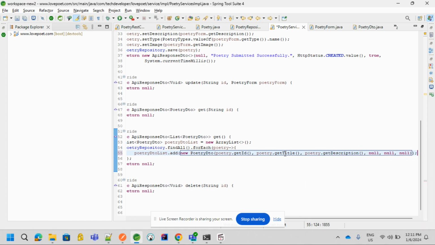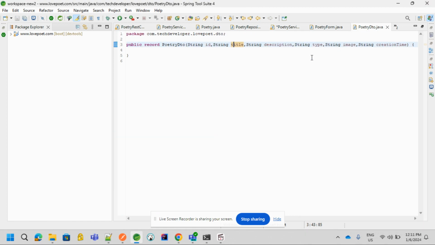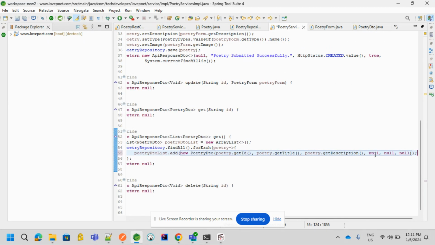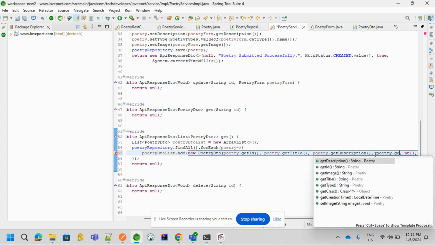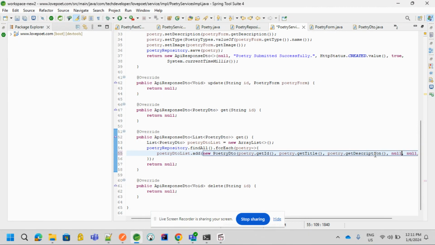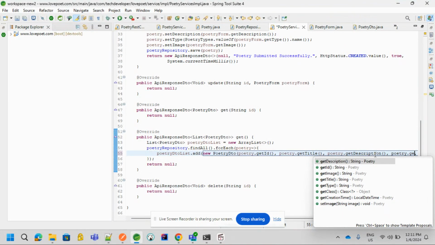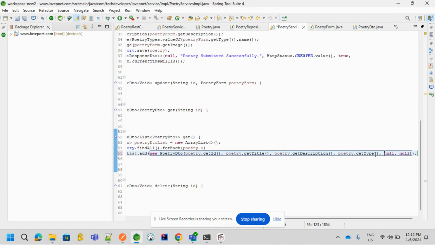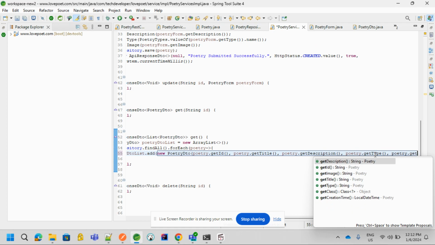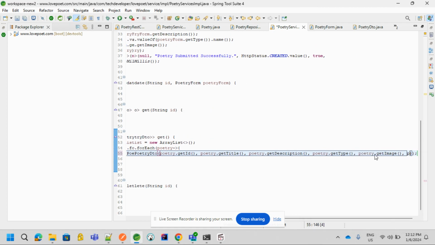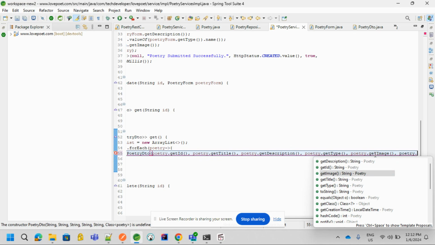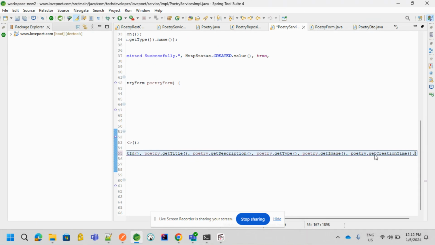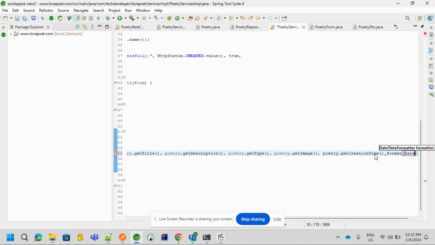description, right? After that the fourth argument is type, then image, and then creation time. Now let's use the type. So poetry dot get type, and here the next will be poetry dot get image, right? And after that poetry dot get creation timestamp dot to string, or you can use a date formatter,